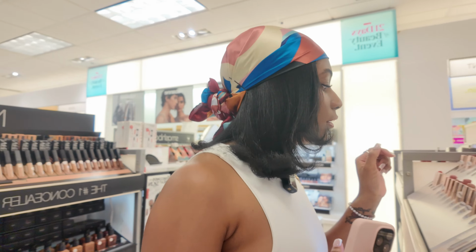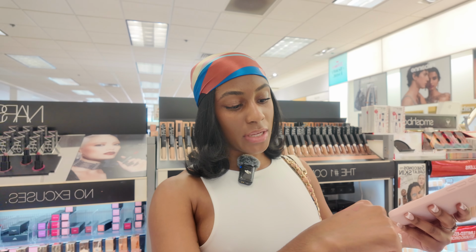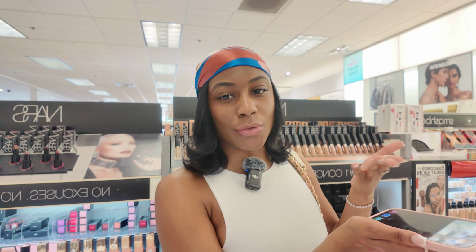Praline, it's just a little bit too much. So I'm not gonna go with that one. I think this beige one is the winner, so I'm gonna pick it up. And I might not actually get it, but I feel like it is the perfect shade, so I probably will. But we're just gonna see how much stuff we pick up, and then you know how it be when you